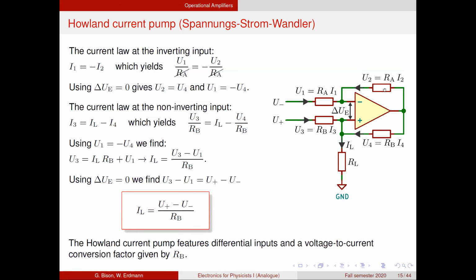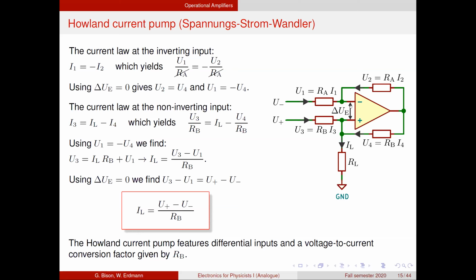Now we can convert the currents to voltages directly using those formulas. And since the two resistances are equal, we can also just simply equate the voltages. Okay, now